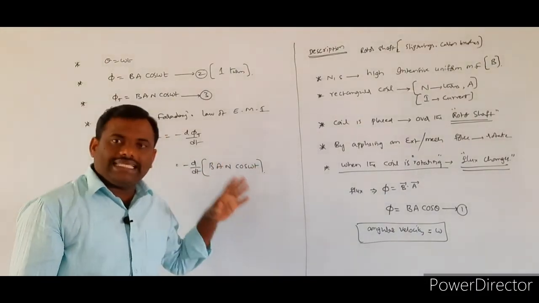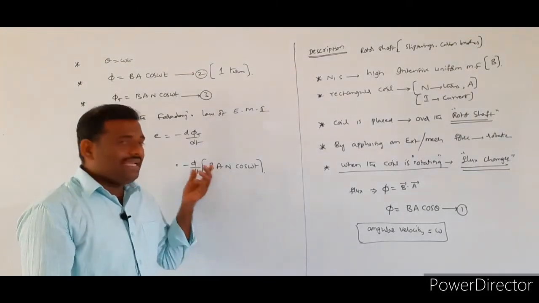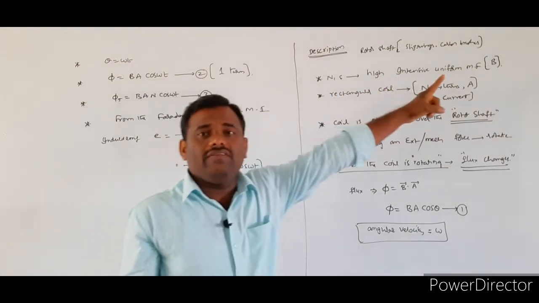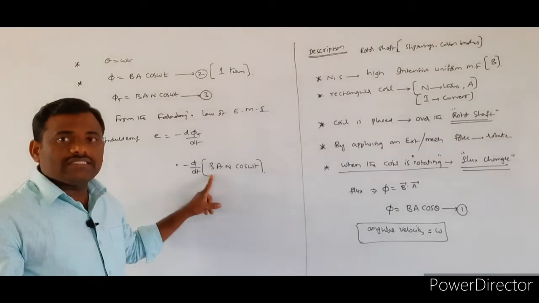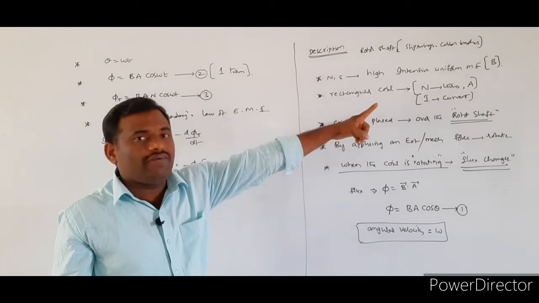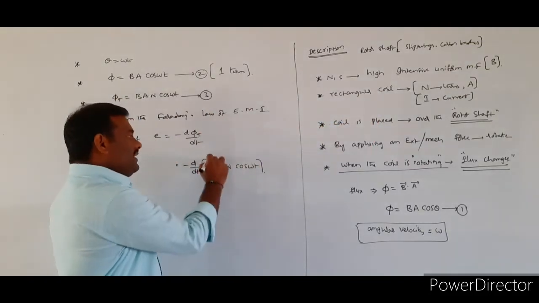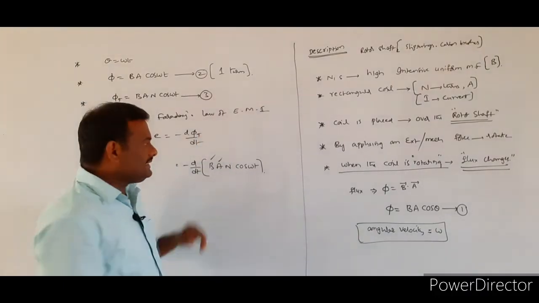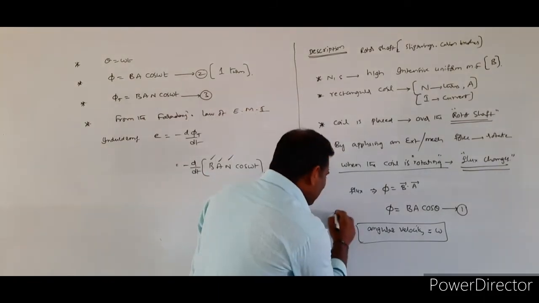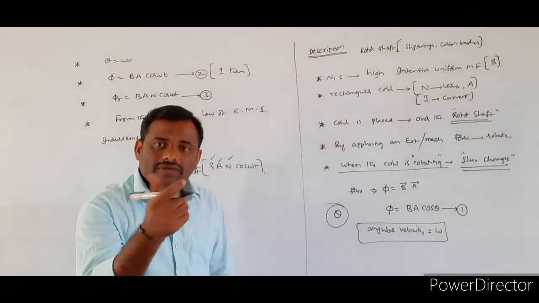If you observe the physical quantities here, what is the capital B? B is indicating the magnetic field intensity. Already we told a uniform magnetic field will be there, so B will be constant, and we consider the rectangular current carrying coil which is having a fixed area of cross section. So A is also constant, number of turns is also constant. So what is the variable quantity here? Theta will be the variable quantity. Angular displacement, the angle value will change.